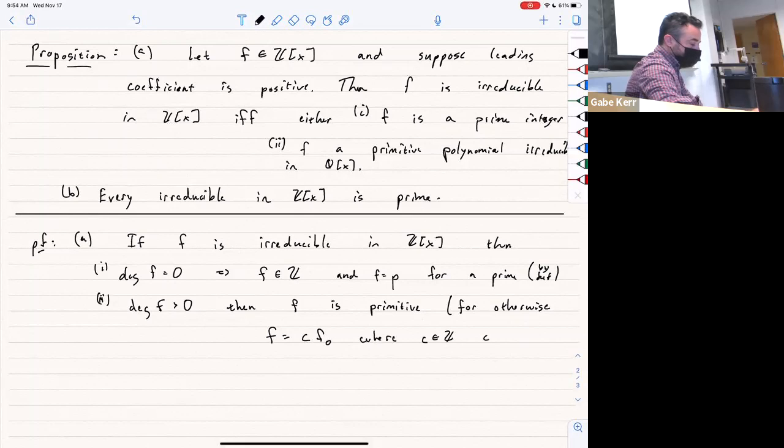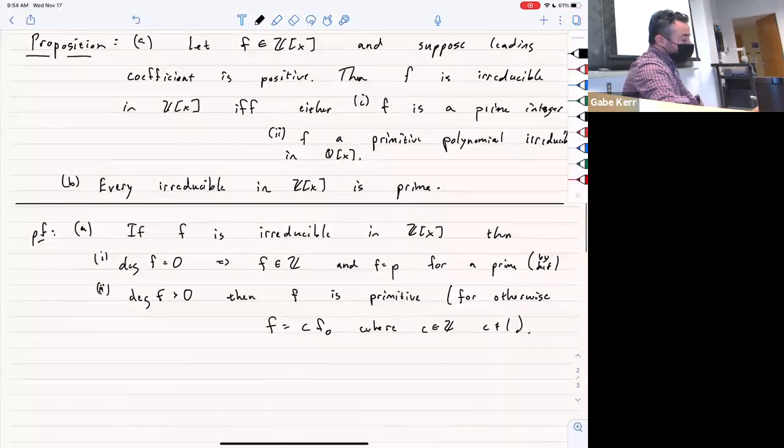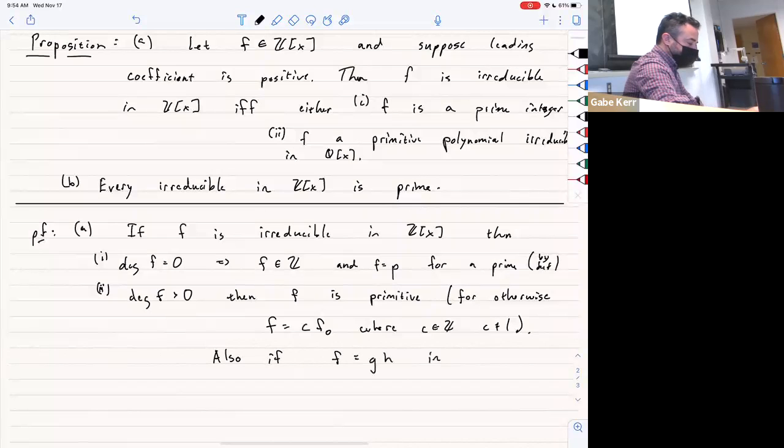And c. c would be some greatest common divisor of all the coefficients. This would contradict irreducibility. All right, and why is it irreducible in Q[x]? Also, f is equal to g times h in Q[x],